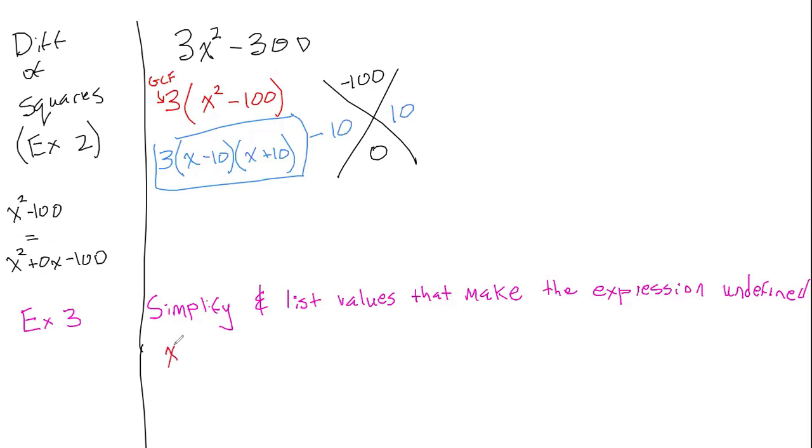Let's give you x squared plus 4x plus 3 all over x squared minus 3x squared minus 3. So everyone is writing down this problem, example number 3. You're factoring the numerator, you're factoring the denominator, and then from there, you are going to set the denominator equal to 0, use the 0 product property,